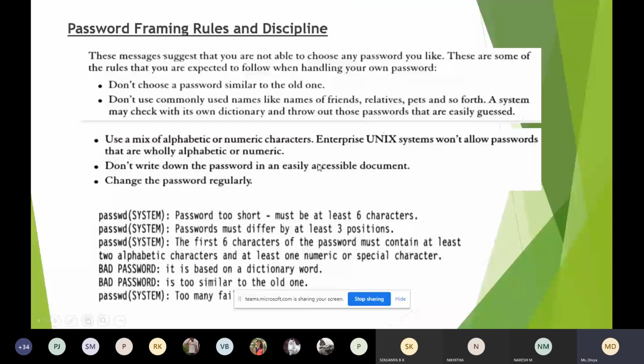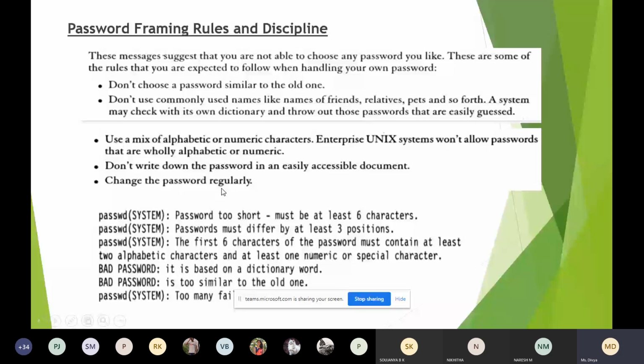Next, don't disclose your password to your friends or relatives. Then go for a password which is a mix of alphabets and numerals. Then don't write down the password in any documents. You may have the habit of keeping passwords in notepad, but don't do that. Keep changing the password regularly. So these are some rules we have to follow while setting the password.